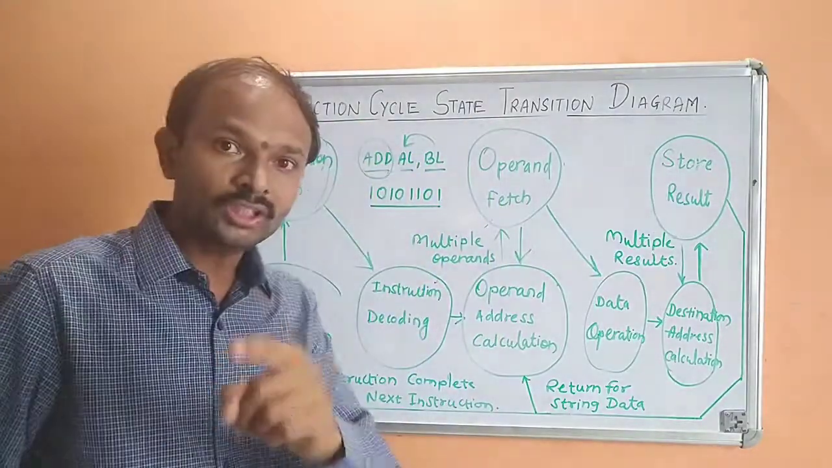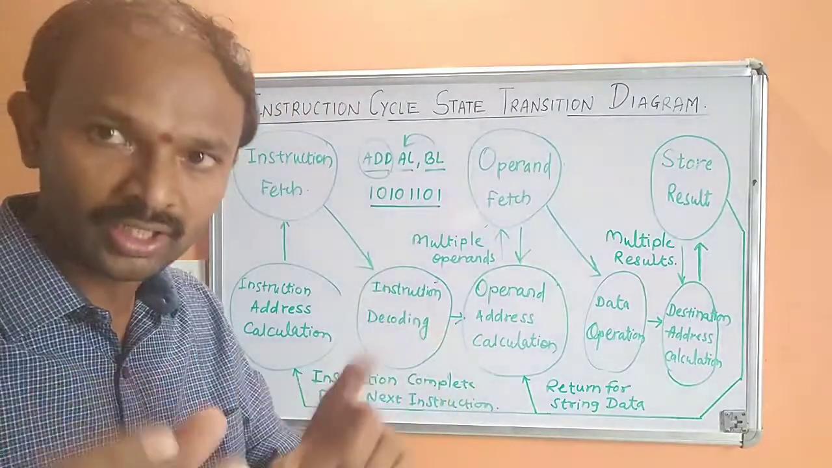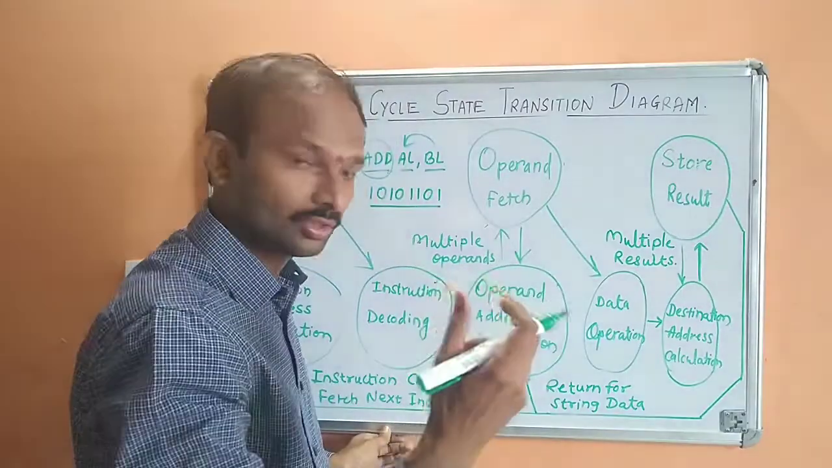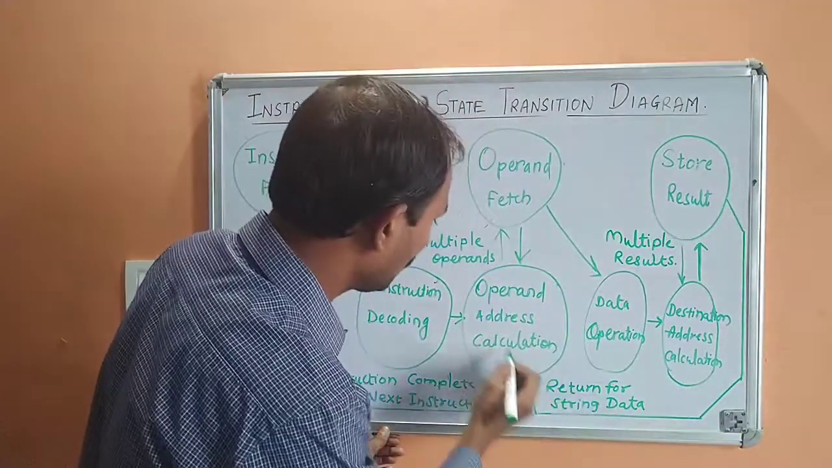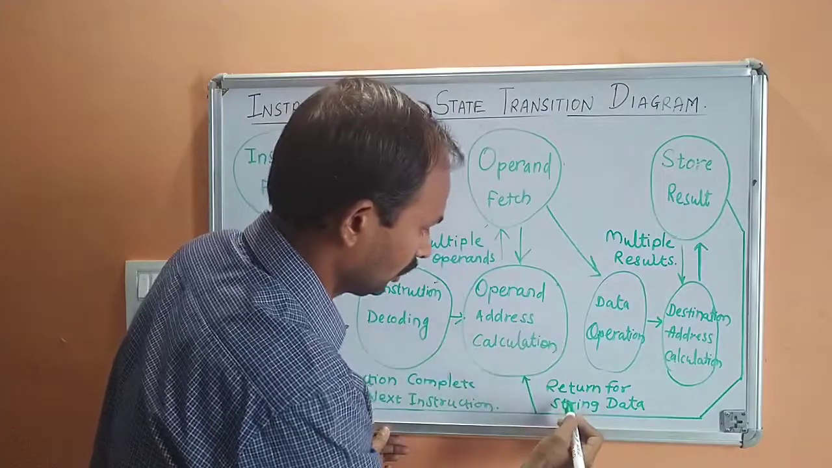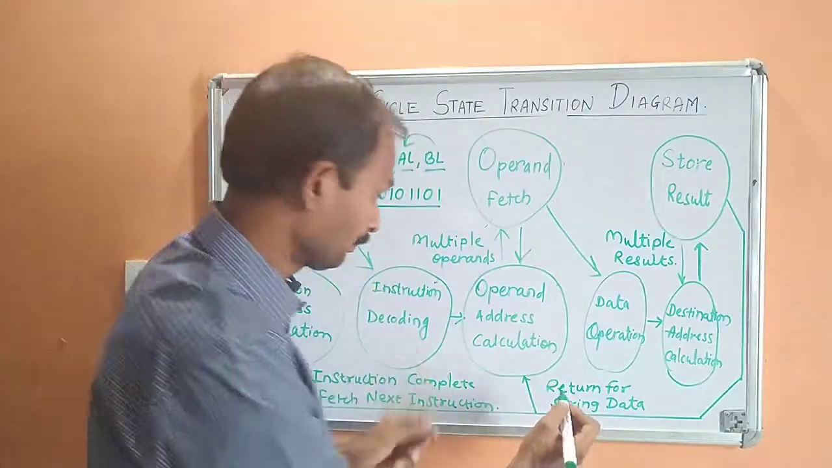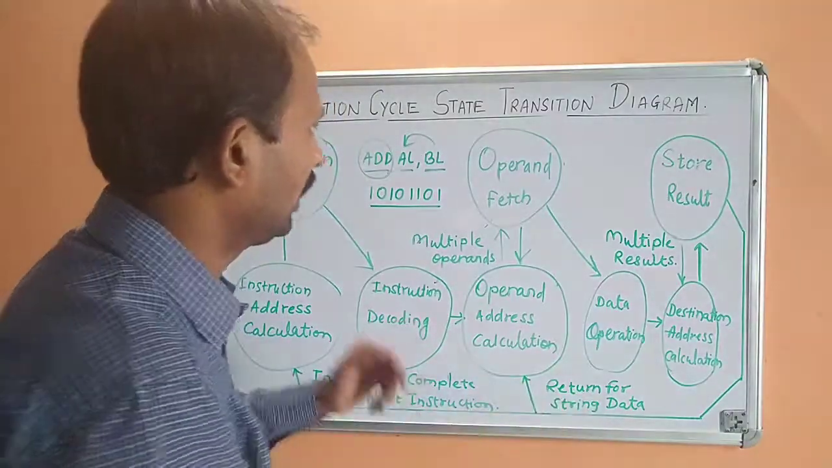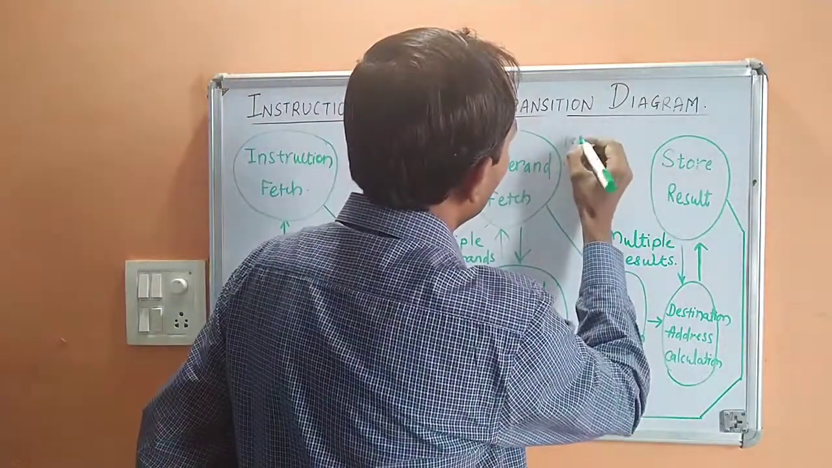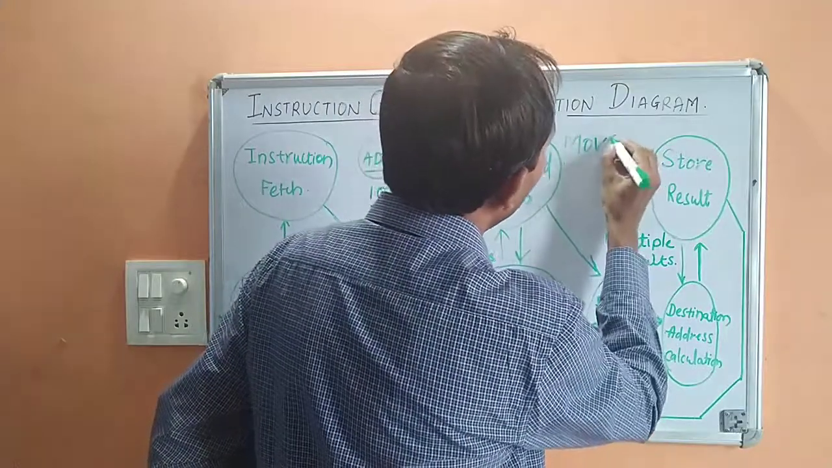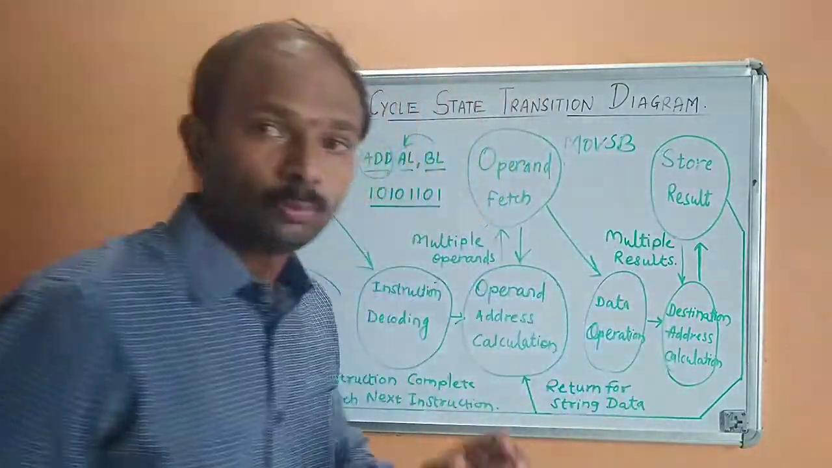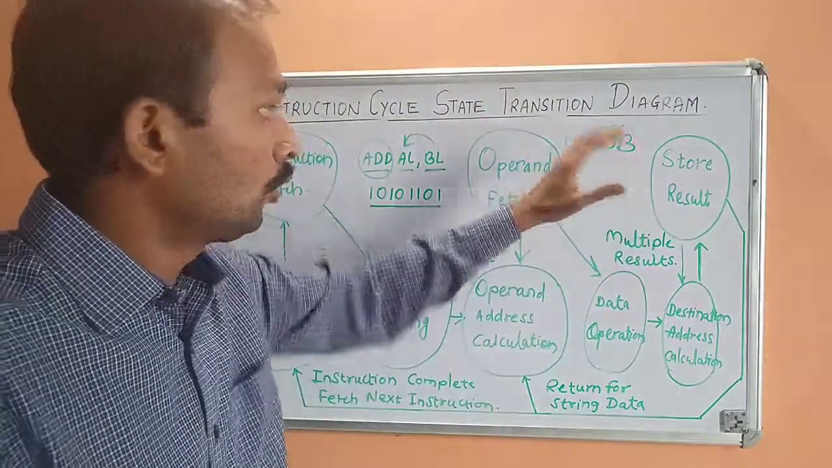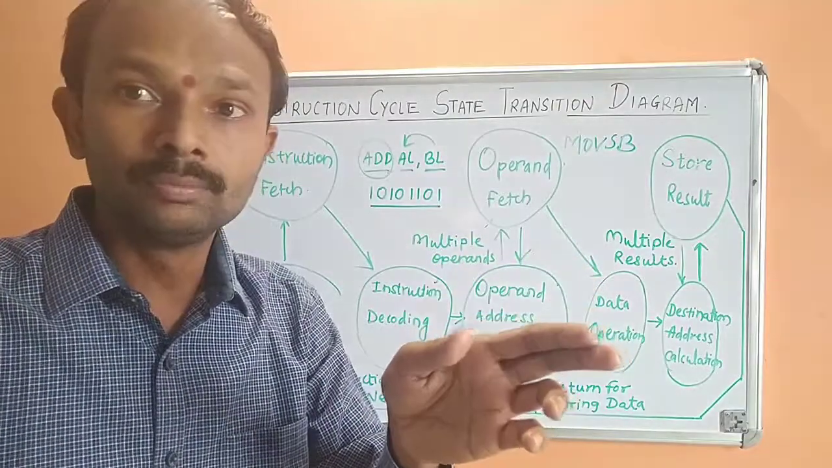Now here one more thing happens inside this instruction cycle state transition diagram. When we are returning, in some cases we return at this particular location, operand address calculation. So this is specifically for return for string data. Now what happens in the return for string data? There are some instructions like move string byte. So the move string byte instruction does one work: from one location I want to move the